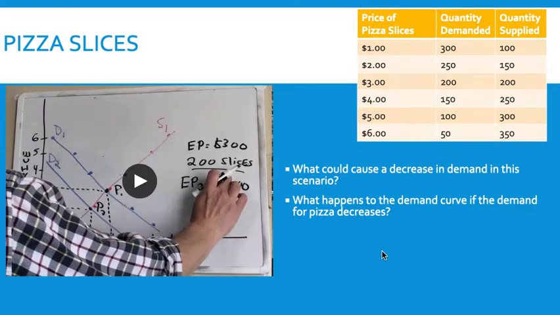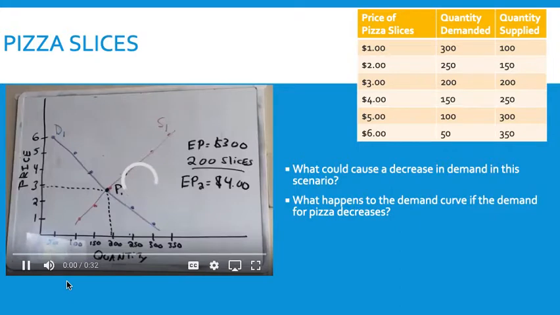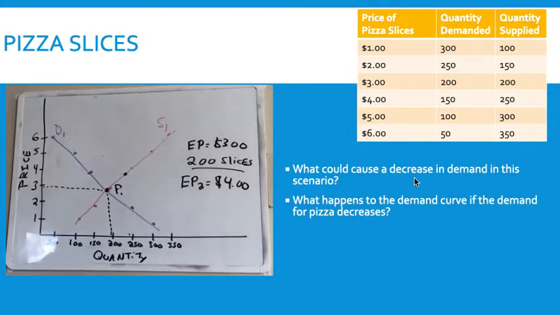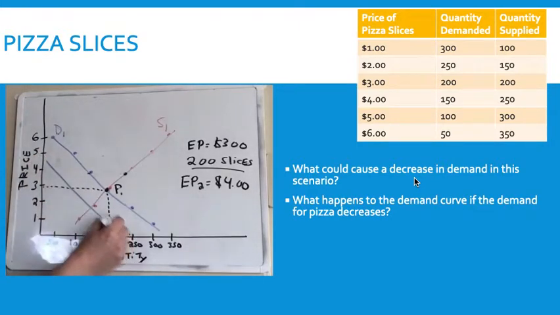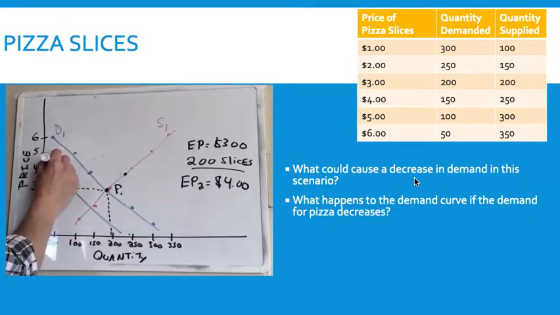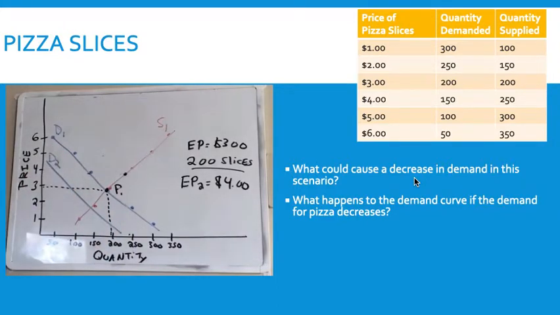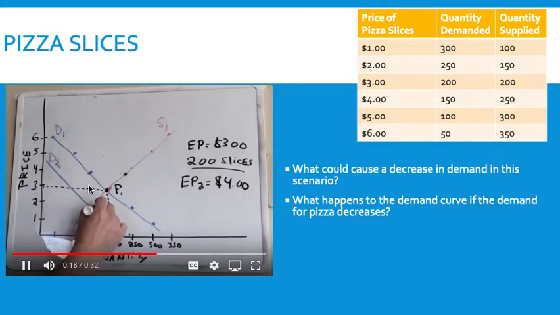If we look at what would happen with a decrease in demand, think about things that could cause a decrease in demand. People's income goes down. People move away from the area, so there's less people to buy it. A study comes out saying pizza is bad for you, or causes you to gain weight, whatever it would be. There would be less people demanding it. That would cause the entire line to shift to the left,